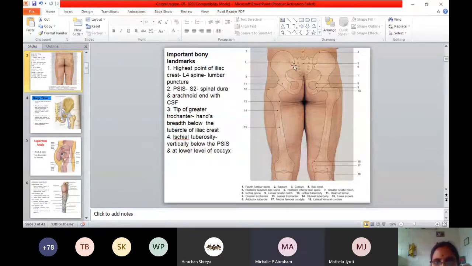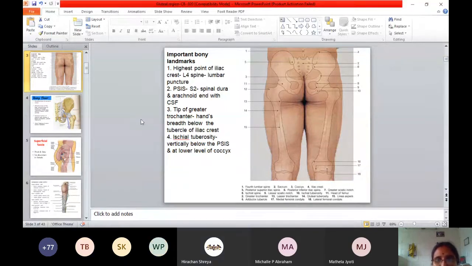What is the name of this upper boundary of the gluteal region? Which crest is this? Iliac crest. What is this lower boundary? Gluteal fold. Yes. Medially, the mid dorsal line, the sacral spine. Anteriorly, this imaginary line from the anterior superior iliac spine to the greater trochanter. This is the gluteal region. In English, we say buttock. Okay? Confident? Yes, ma'am.